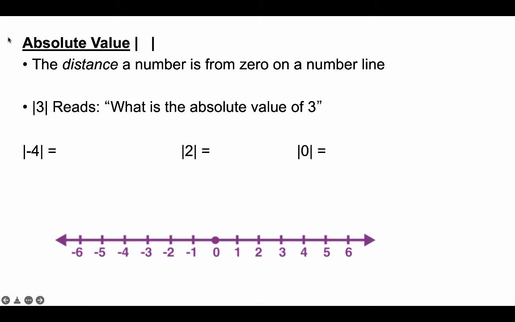Starting with the definition of absolute value. Absolute value, we know because it's the bracketing symbol that we have here that comes out of,